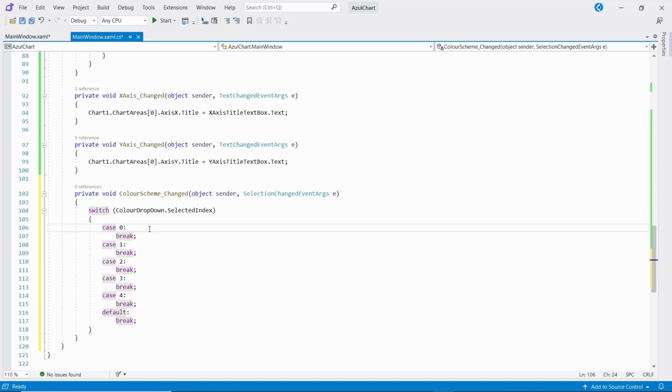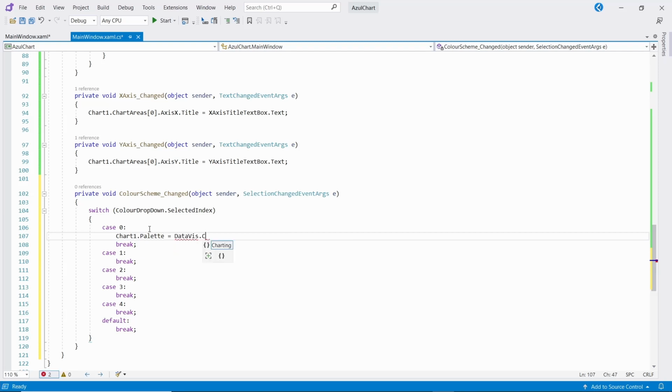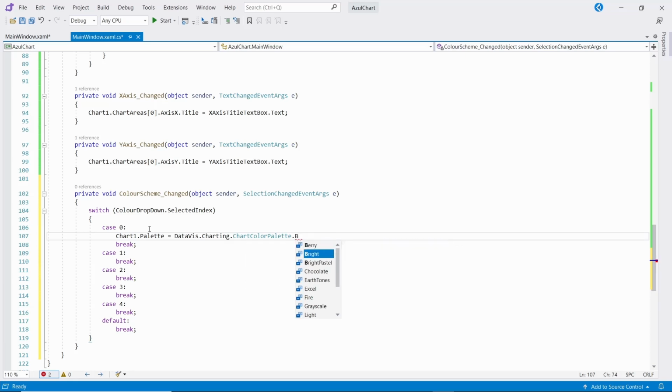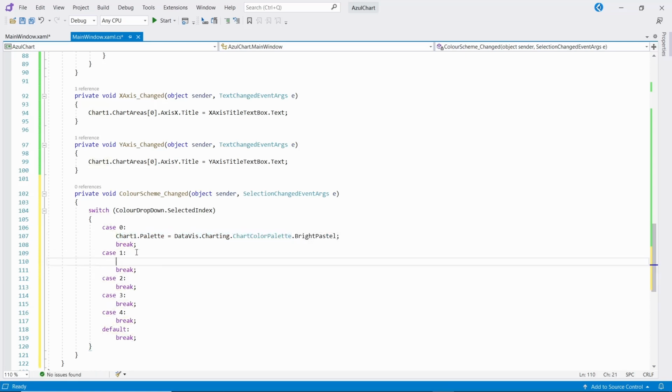So the first option is the default bright pastel colour scheme. And then it's berry, pastel, grayscale and semi-transparent.